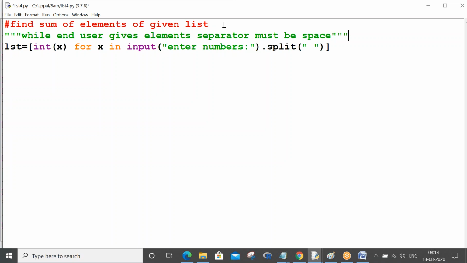Likewise, when people give a docstring, then automatically the end user will get to know that they have to give the separator as space, so automatically they'll give space.